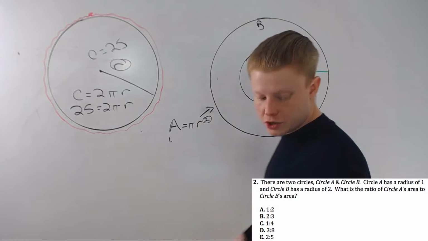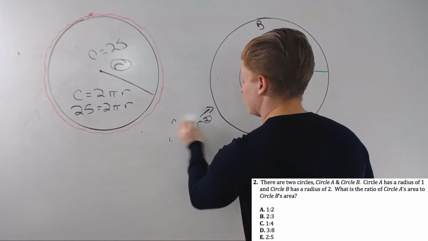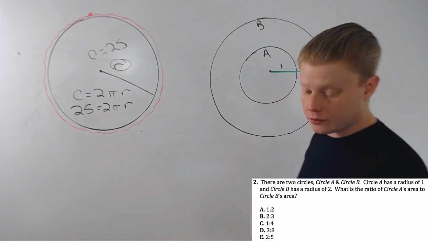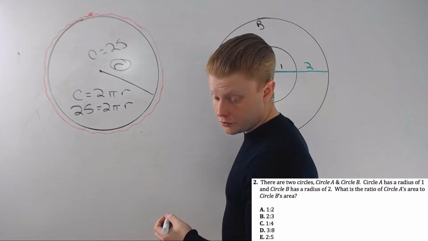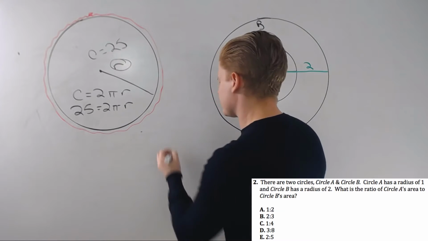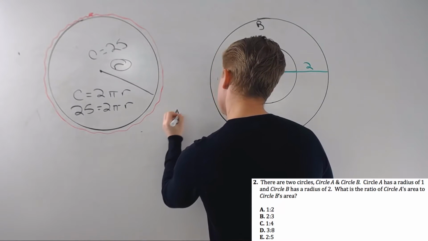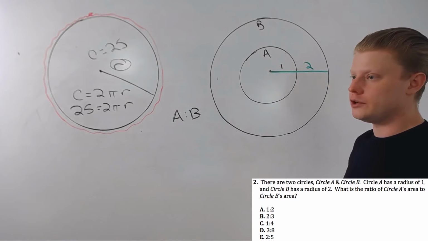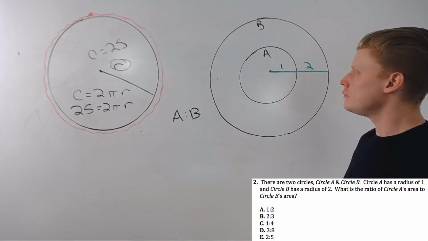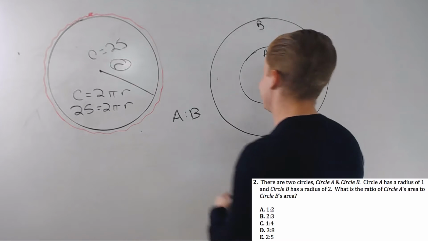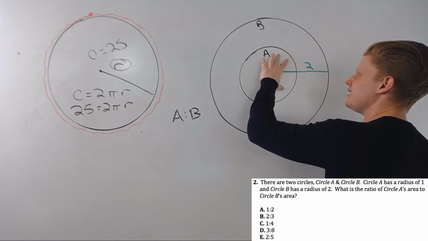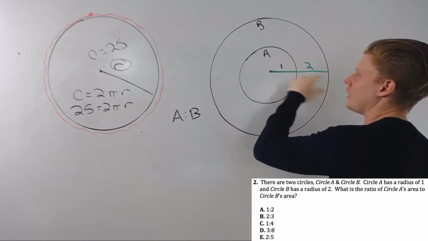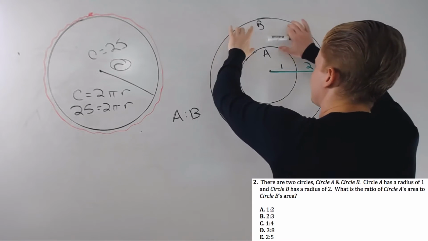Whenever I have a ratio question, I'm going to start by setting up that ratio in plain speak, just so that way I don't flip it later. There's usually a wrong answer choice for that, although I don't think there is on this one. So I'm looking for A to B. Now it's tempting to say 1 to 2, right? But look at it for a second. You can see this is kind of half of this distance-wise, right? But don't you figure this big donut,